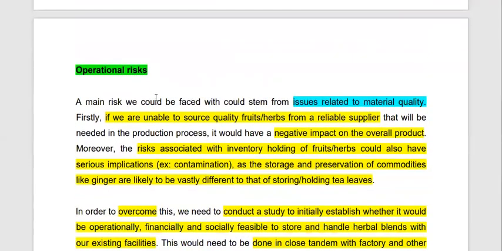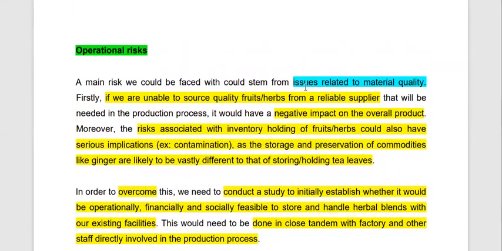Then let's move on to the operational risks. Operational risk number one is issues related to material quality. Firstly, if we are unable to source quality fruits or herbs from a reliable supplier, it will negatively impact our overall product portfolio. The risk associated with inventory holding of fruits, I said there's a risk of inventory holding